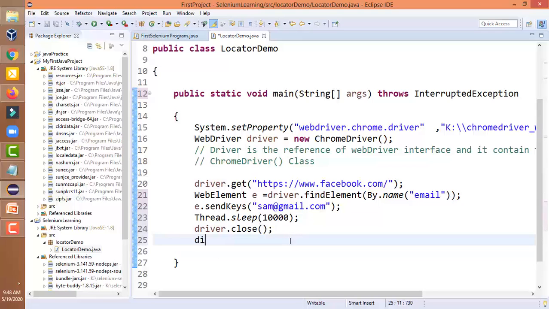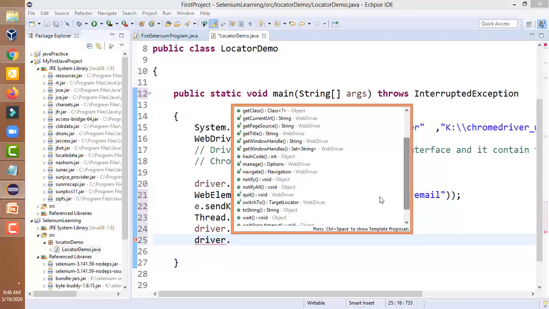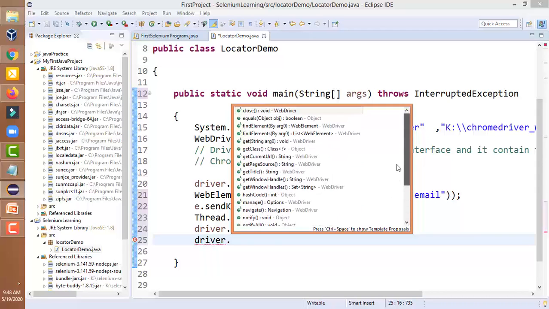driver dot. So it will show many methods. All these are browser related methods. Like if you want to navigate, then we can use the navigate method. Also the quit method, and we can use the switch method. I will explain each and every method to you. Some of the important methods are find elements, equals, and get current URL.